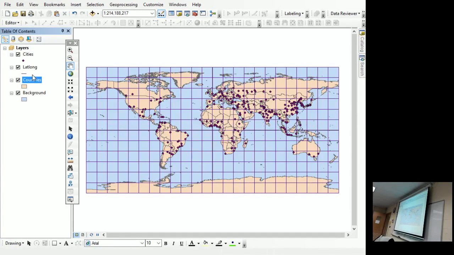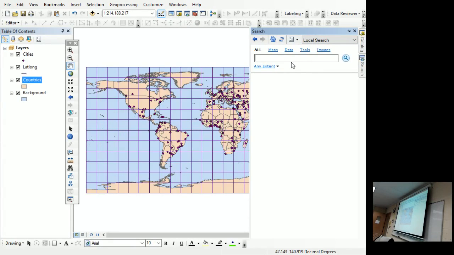So step 13. All right, we'll do this, but you'll never do this one either. On the standard toolbar, click the search button.